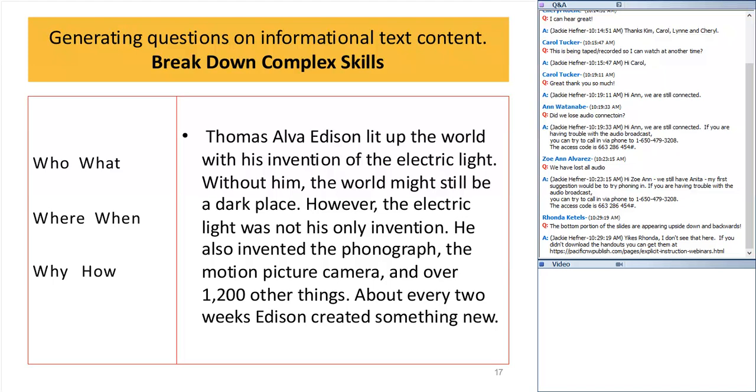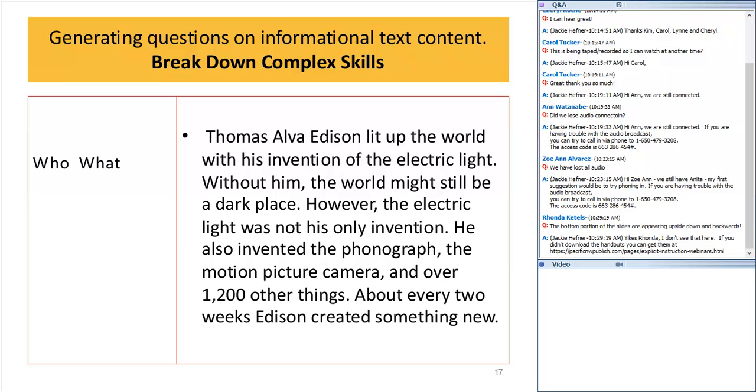Well, I taught this to a group of third graders with this very passage and demonstrated it. And they had no difficulty with me introducing all of these 6 questioning words because they were already in their lexicon. They were already words that they could use. However, I said to myself, I would definitely have to break this down more if I was going to teach a group that was Tier 2 and definitely Tier 3. For example,